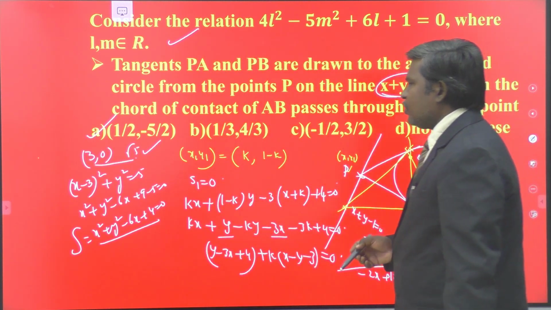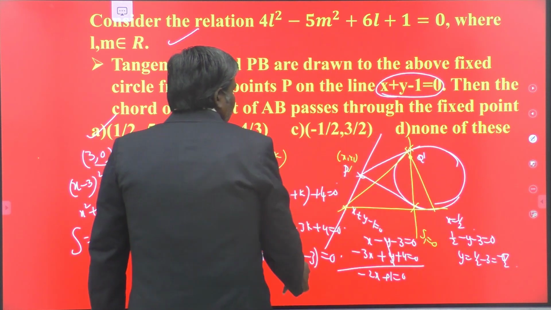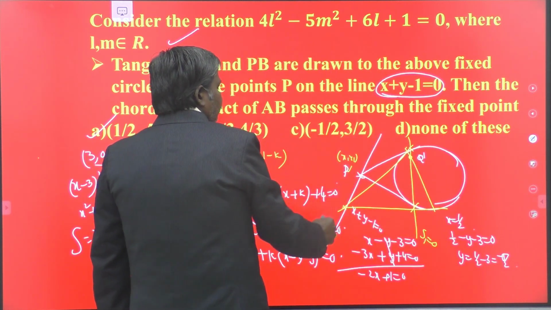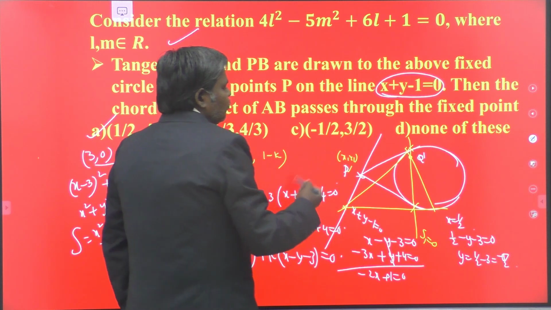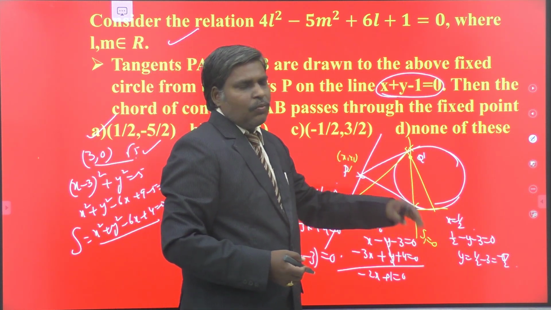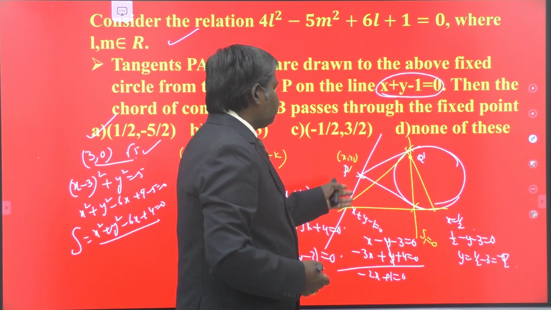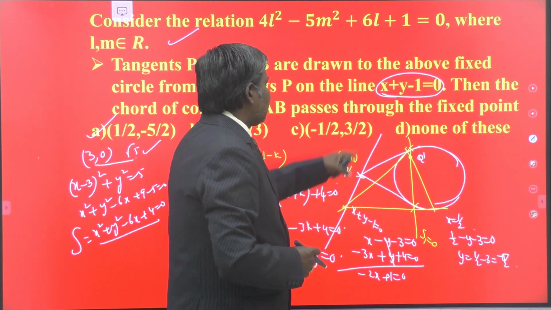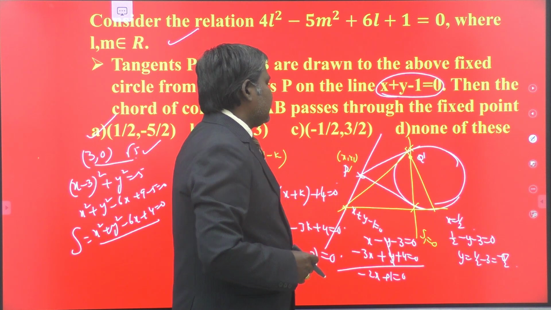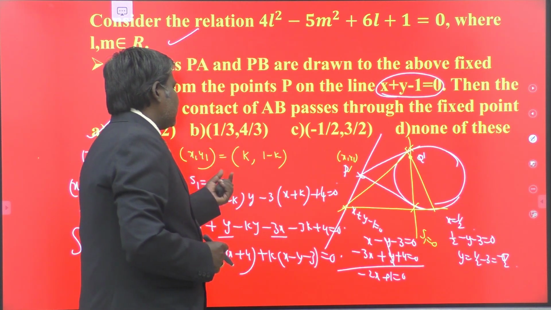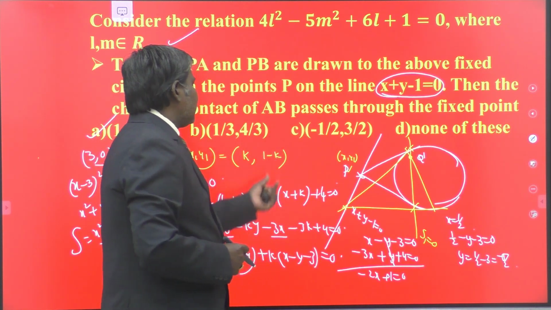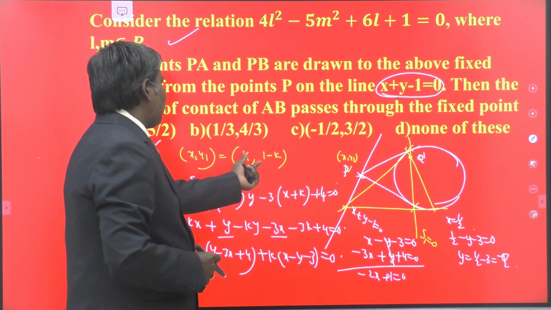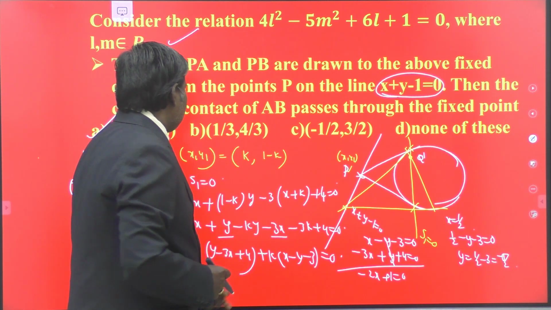Just to explain once again to you, my dears. This is the line. One point is moving on this line. For different positions of the point, you have different chords of contact. What they are asking is the point of intersection of all the chords of contact. So for that I am taking some point on the line, of the form x = k, immediately we have y = 1 - k. From that point, we have to write the chord of contact equation.